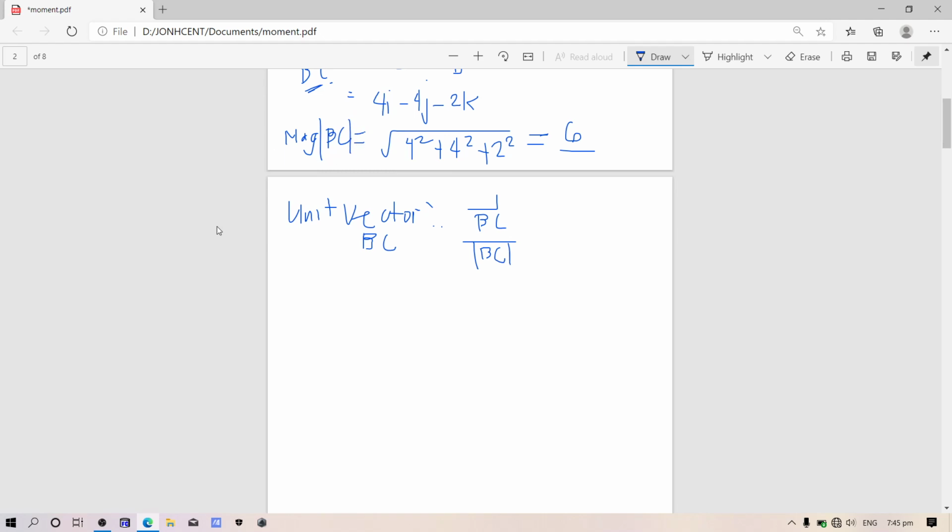So, pag kinuha mo yan, magiging 4 over 6 i, minus 4 over 6 j. Yung 6 ay yung magnitude ng BC mo. Okay? Then, minus 2 over 6 k. Okay? Then after that, ang makukuha natin ay